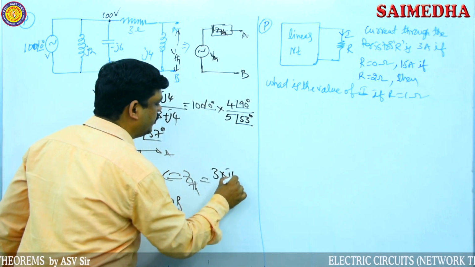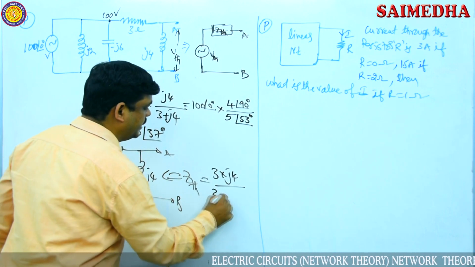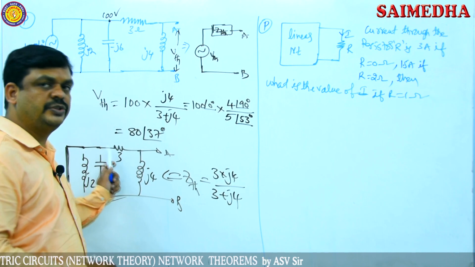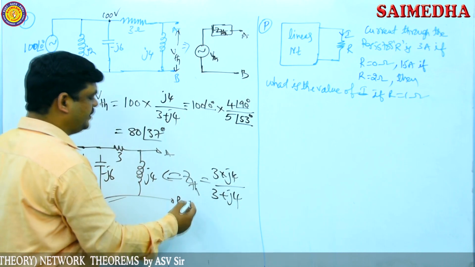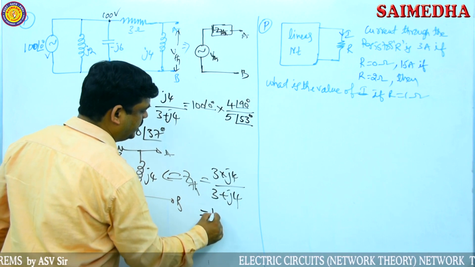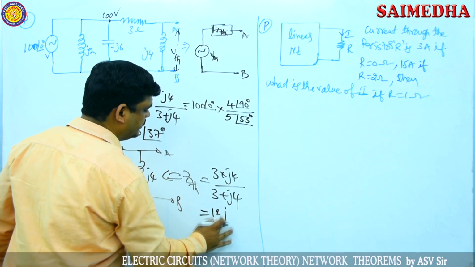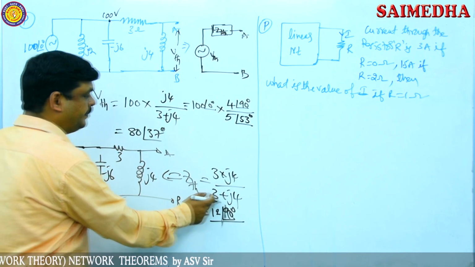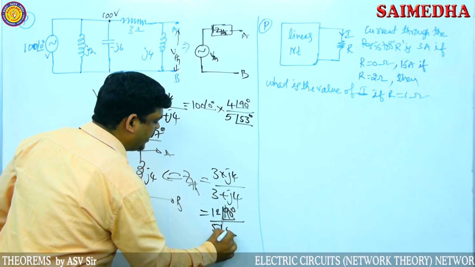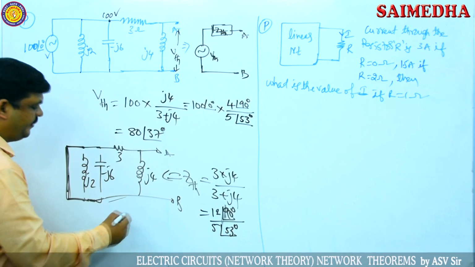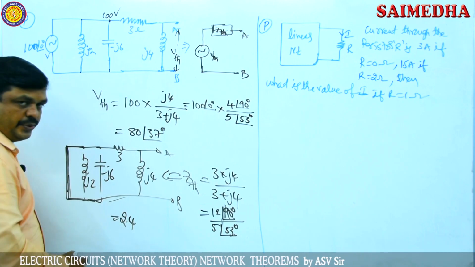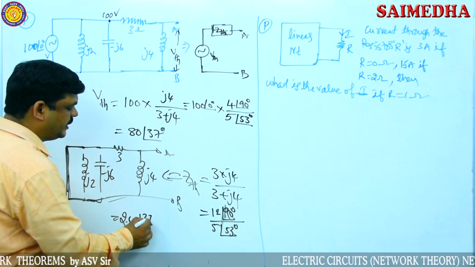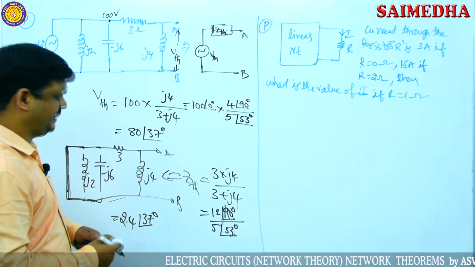So 3 into j4 by 3 plus j4, because Z1 into Z2 by Z1 plus Z2 is the parallel combination. So this gives approximately the equivalent value: 3 into j4, that is 12j, in polar form 12 angle 90 degrees, divided by this value we just wrote here, 5 with angle 53 degrees. 12 by 5 is approximately 2.4, with angle 37 degrees. So Z Thevenin's value is